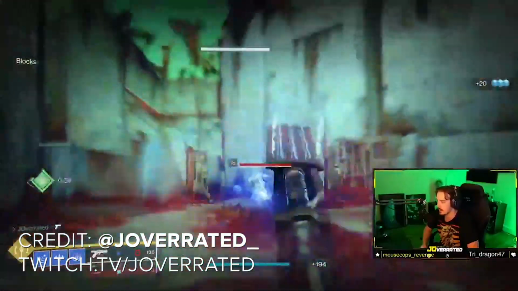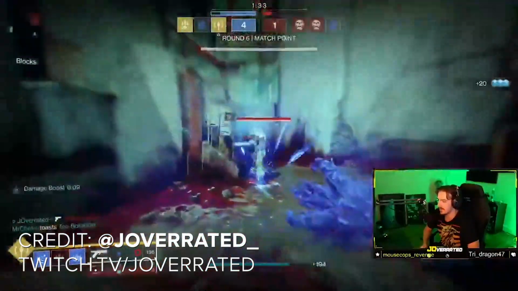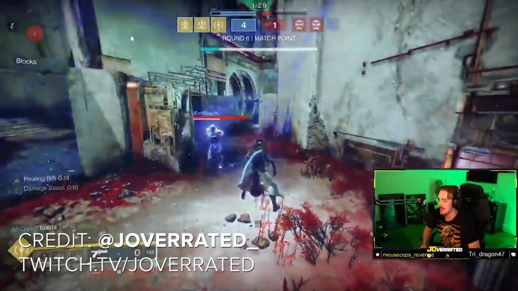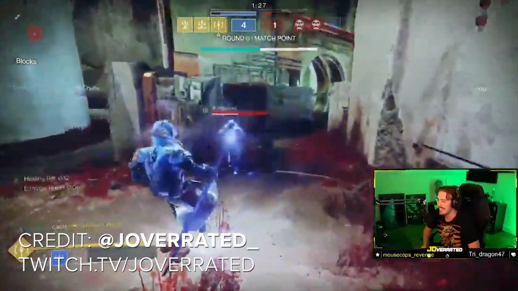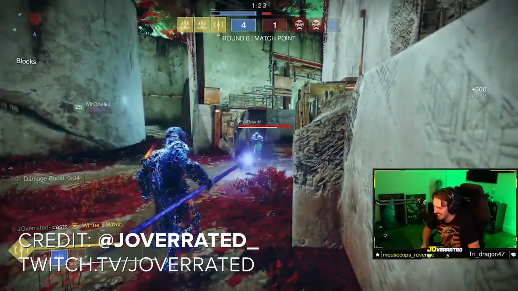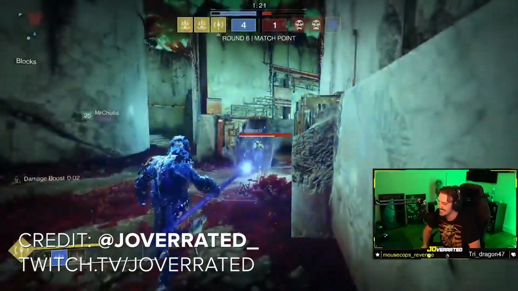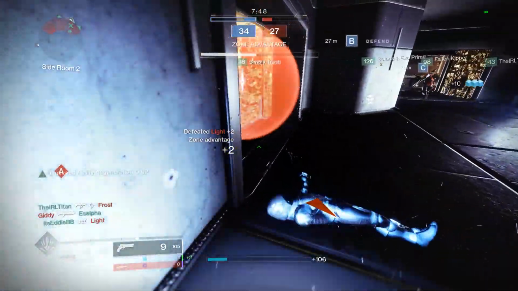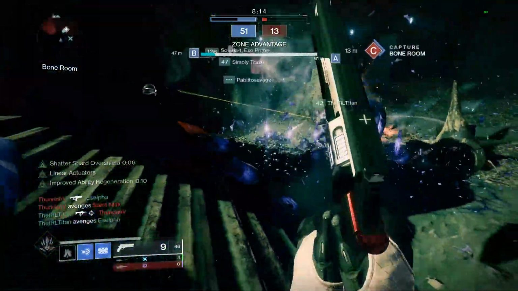Here we go. Where is he? 1, 2, 3, 4, 5, 6. And with the diversity in build options for stasis specifically being so high, the problem potential for Rime is